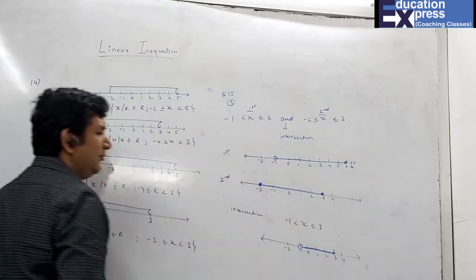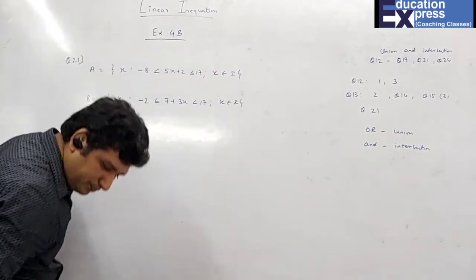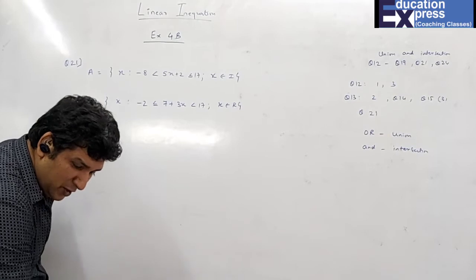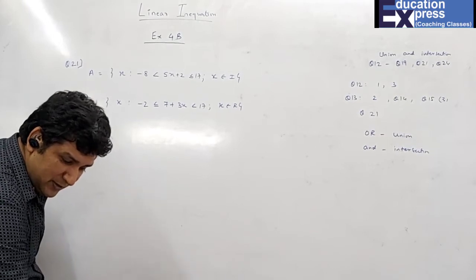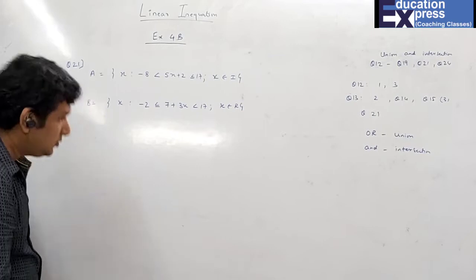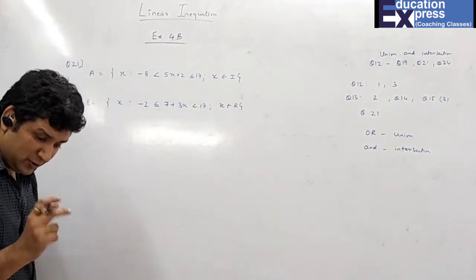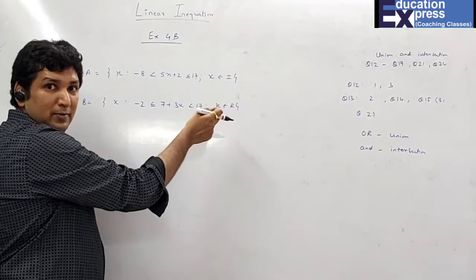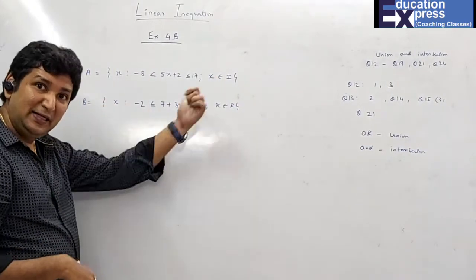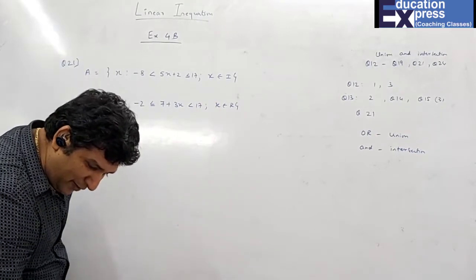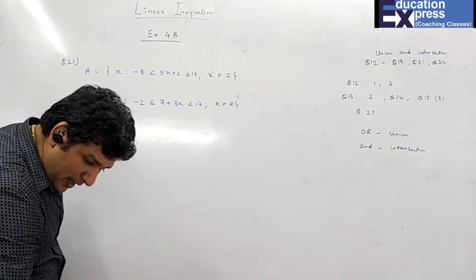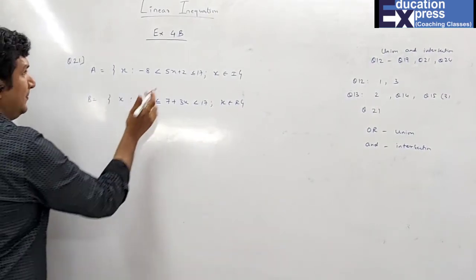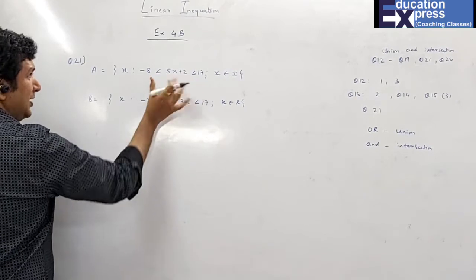That was 15's third part. Now I'm doing the 21st sum. You can see over here, this is the same as your 12th's second part, but they have given integers. And here now we have one integer and one real number. Till now we have done union and intersection where both were real. Now one is integer and one is real, and we have to find the intersection and union also. First we draw the number line for this, which we will do for the solving part.